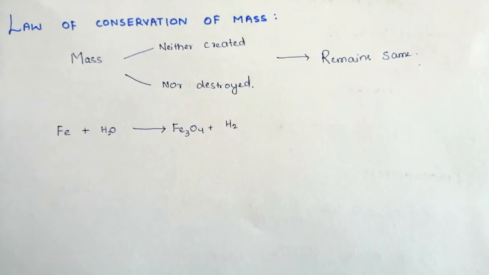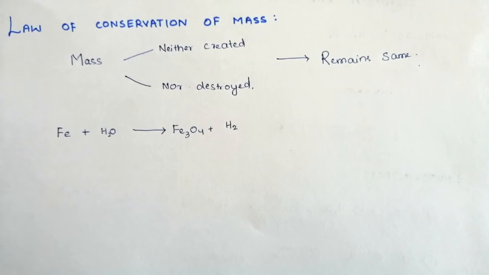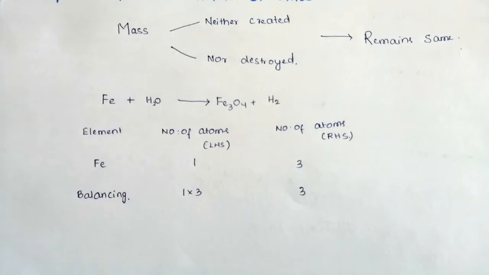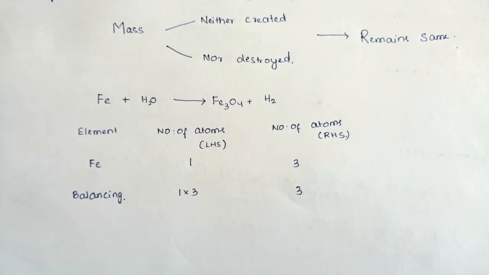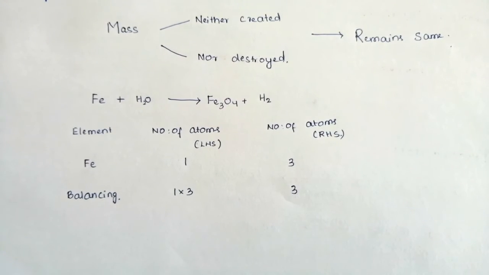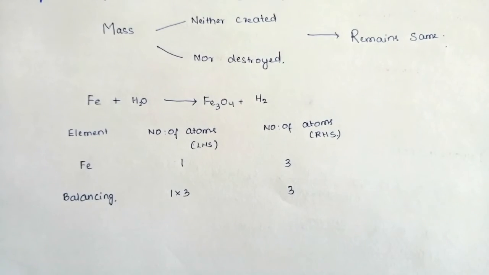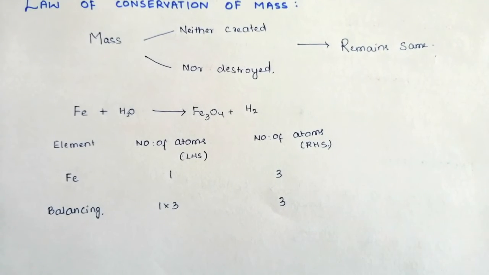Generally, for balancing an equation, you have to take into consideration the element having the maximum number of atoms. Here, the one having the maximum number of atoms is Fe3O4, in which we have 3 iron atoms and 4 oxygen atoms. So you have to consider Fe3O4 first. To balance a chemical equation, you have to draw a table of 3 rows: element, number of atoms on left hand side, number of atoms on right hand side. As we are considering the element iron in ferroso-ferric oxide, the number of atoms on the left hand side is only 1 iron atom, whereas on the right hand side we have 3 iron atoms.